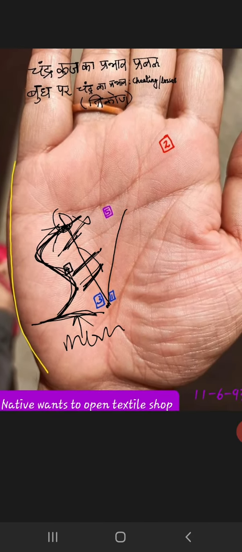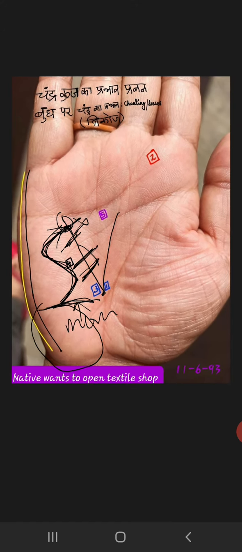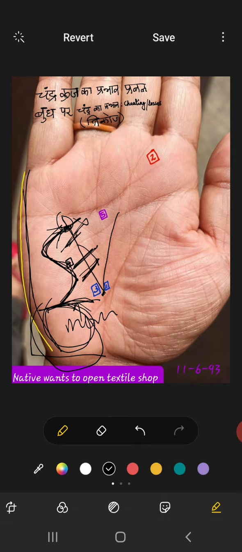You can also see the structure of the palm, you can see that this suddenly drops. You will see that the moon is occupying very little space. It should have gone straight like this, but it's occupying less space here. So that also shows that the moon is not favorable, is not giving a favorable result in the palm.